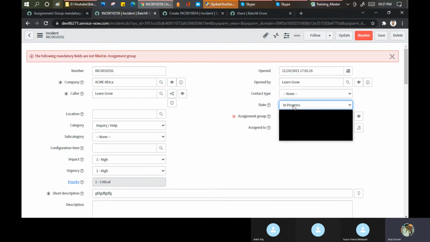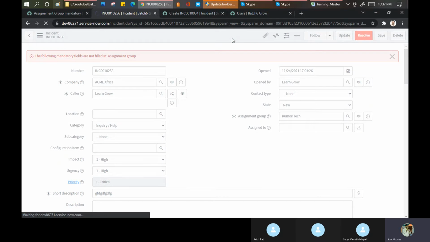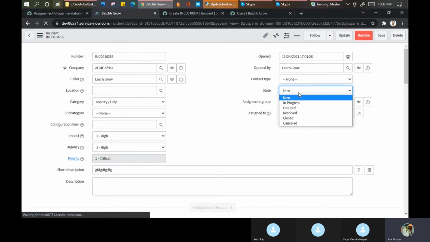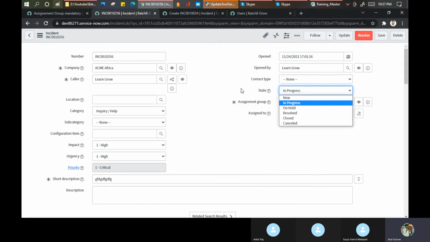See, it's giving me that it will not move forward. It's asking for this thing. Let me tell you, I'm doing something wrong. I'm not sure now. See, yep, now it's working.